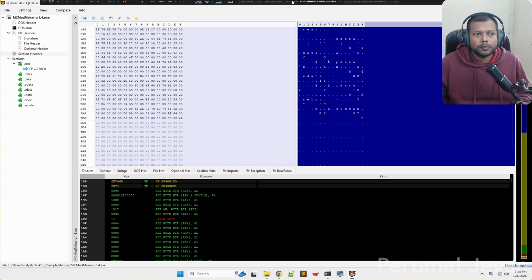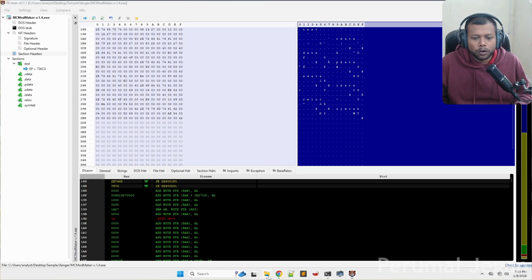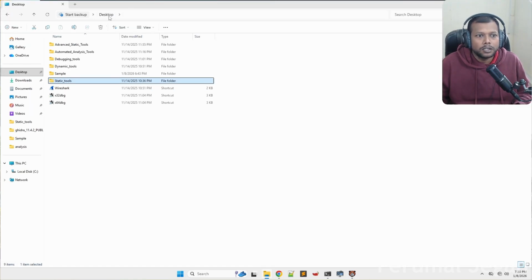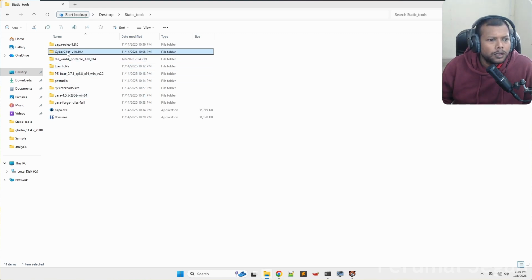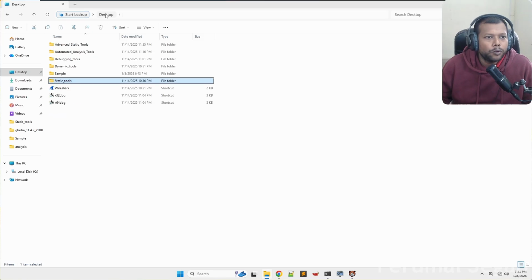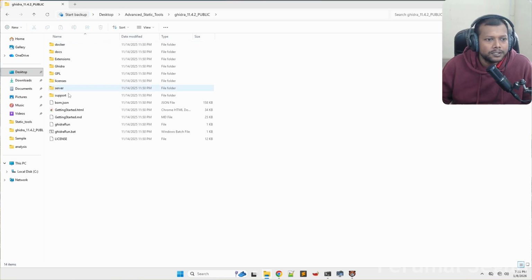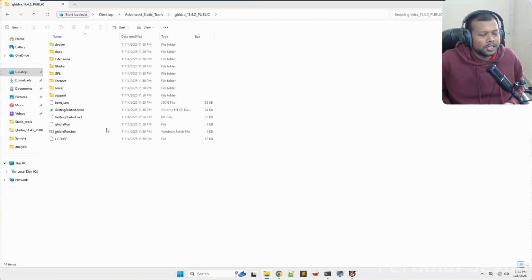Okay, so what do we need to do next? So let's see what are all the other static analysis options that are open to us. I can use CyberChef if I find any encrypted stuff. CAPA rules. PEstudio I already did. YARA and FLOSS. So maybe I can go for the advanced static analysis. I don't know how much I'm going to get through it, but I think I should be able to do some